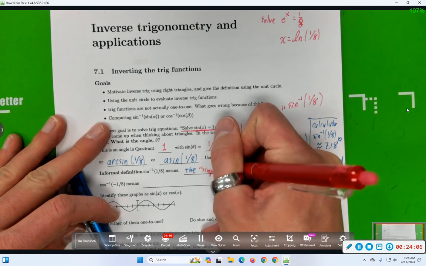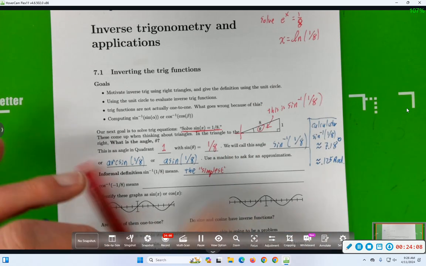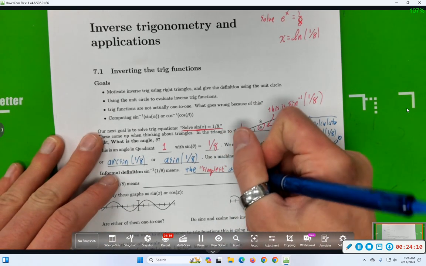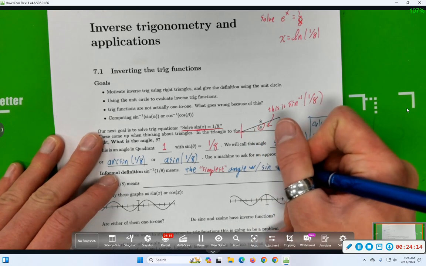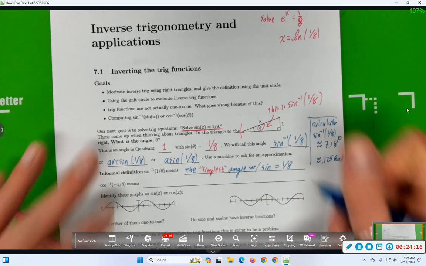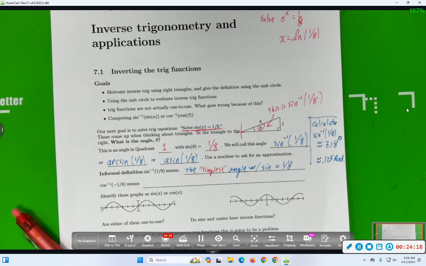So informally, when you think of these inverse trig functions, you should think of the simplest angle with sine equal to 1 over 8. And that word simplest is doing a lot of work. Because, right, apparently 7.18 degrees will have this value for sine. But what about